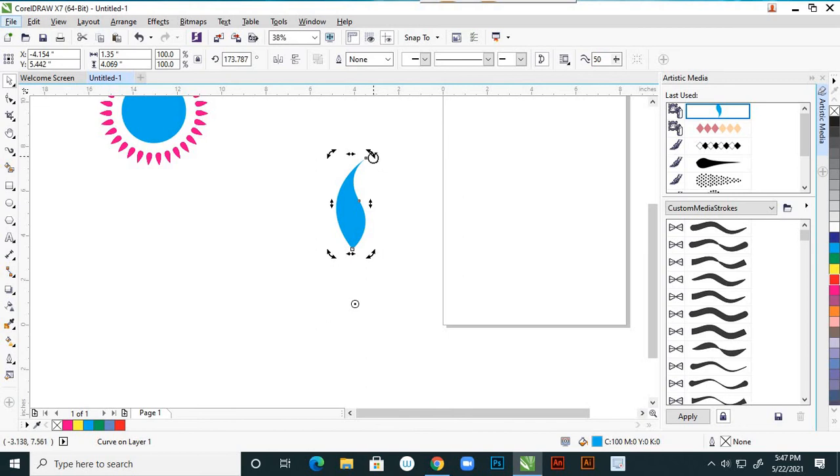So with the left mouse I'm pressing Control. Keep your finger on Control. That means what? You are duplicating that. So don't release your left mouse immediately; without releasing your left mouse, immediately click the right mouse button and release left.